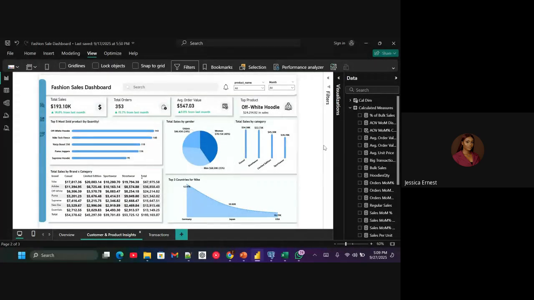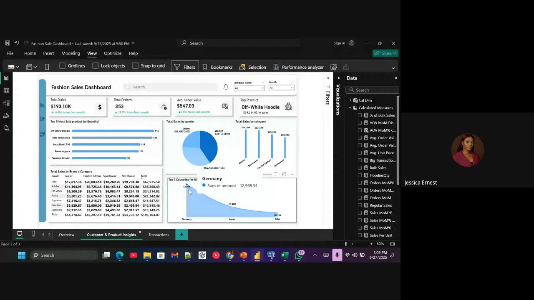followed by limited edition and sportswear. Then total sales by brand and category, you can see again that Nike is the top. It's top in casual, which means more people prefer casual more than limited. Then we can see limited edition, sportswear, and streetwear, and total sales is 67,000. Then followed by the top 3 countries, we can see that Germany is producing